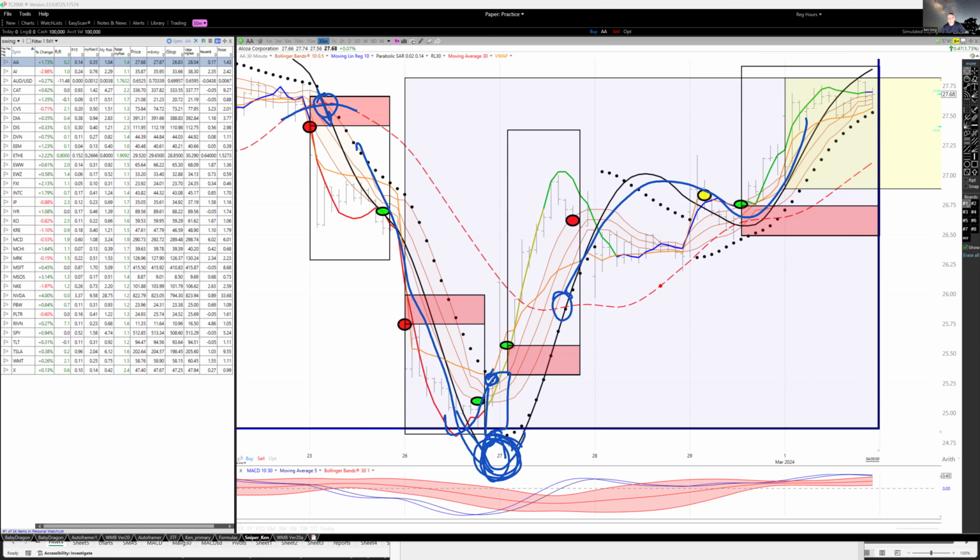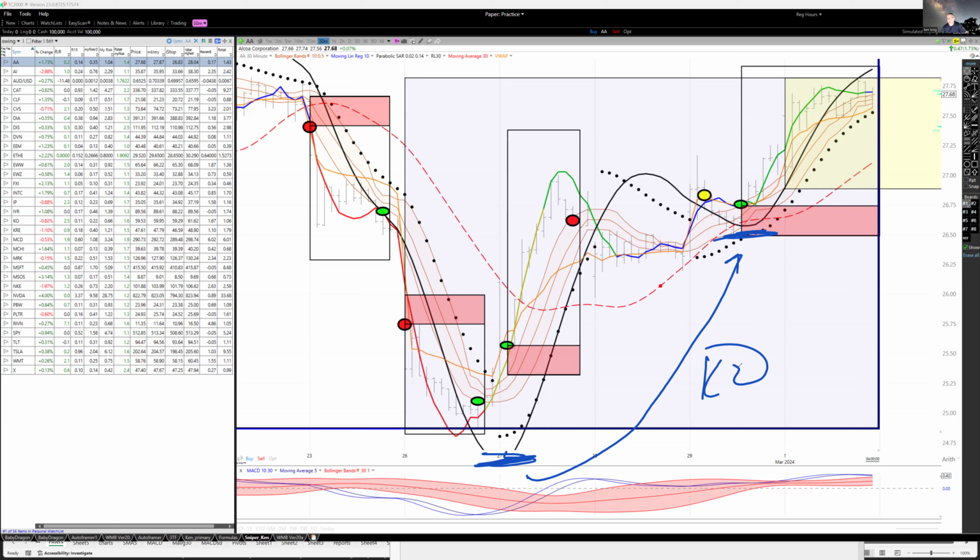When we notice a turning point and then a higher turning point, that gives us the Kata 2 condition, which allows us to really emphasize an entry. Oh, like that one right there yesterday, when we had a Kata 2 and the PSAR had already flipped,